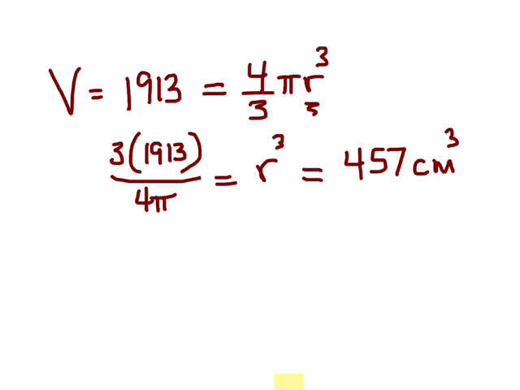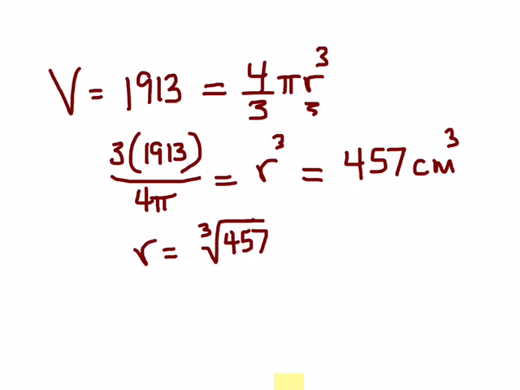Now we have to undo an r cubed. If it was r squared, we would square root. If it's r cubed, we're going to cube root. So we'll say r equals, and the way we write a cube root is a little 3, and then the root symbol,